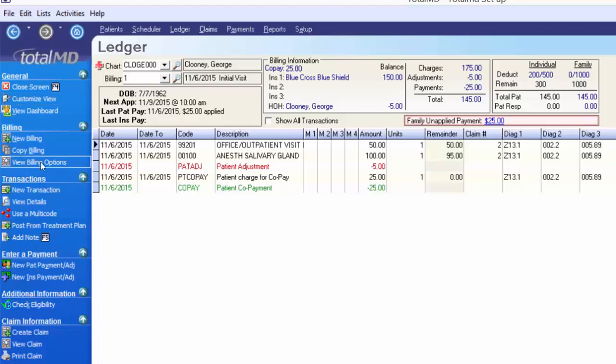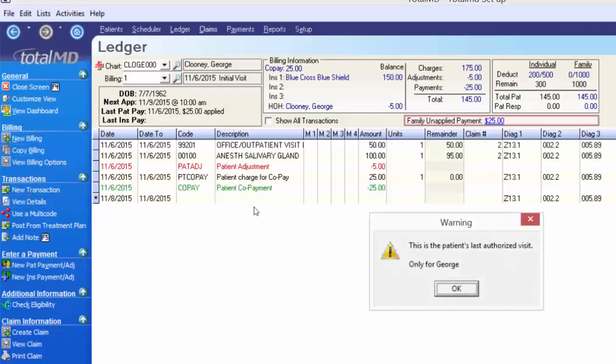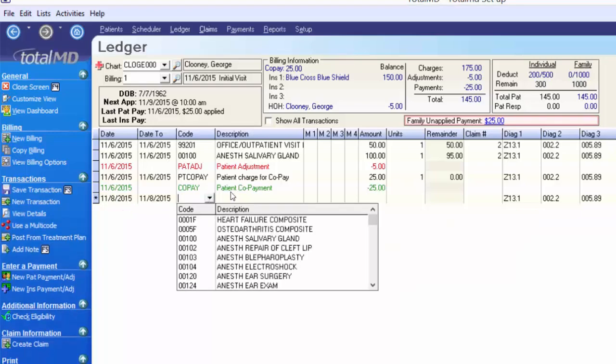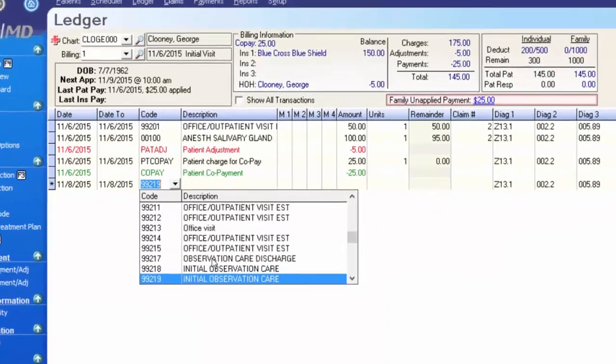Therefore, I don't need to create a new billing, but I could if I wanted to just segregate the 2 dates of service. So instead of doing anything with the billing, I'm just going to click New Transaction, and this is the patient's last authorized visit, and that's based on their pre-authorization that we sent to the insurance company. I've got today's date, and I'm going to plug in my procedure code, and I'm just going